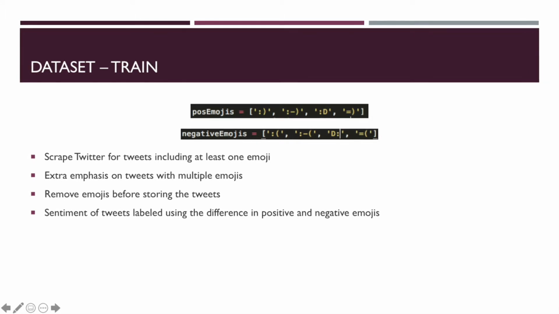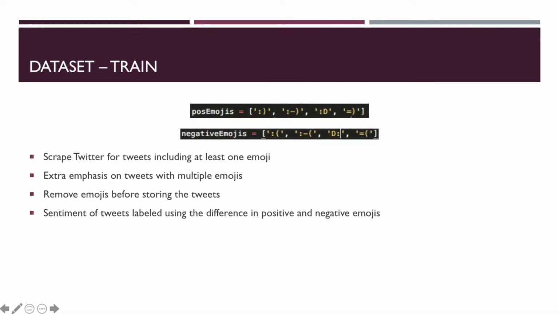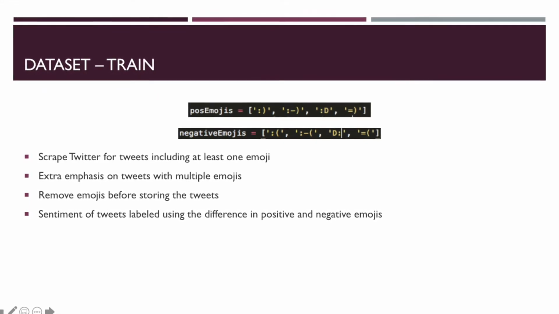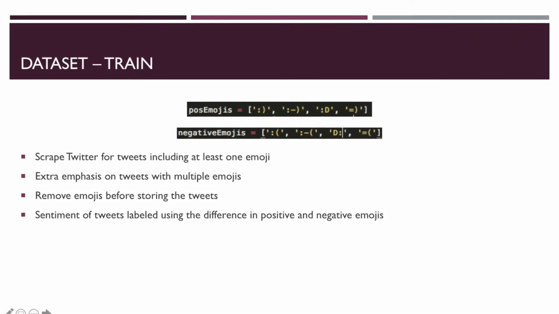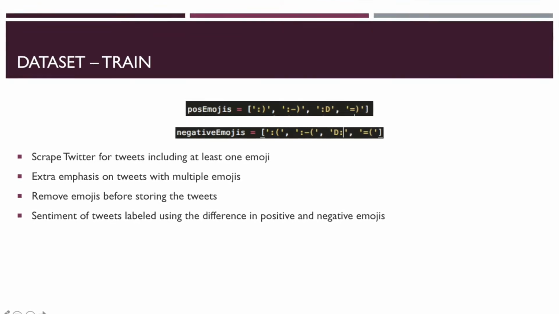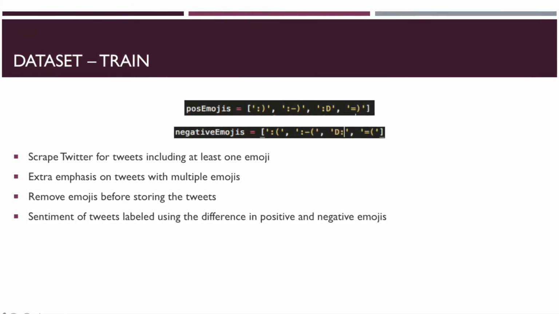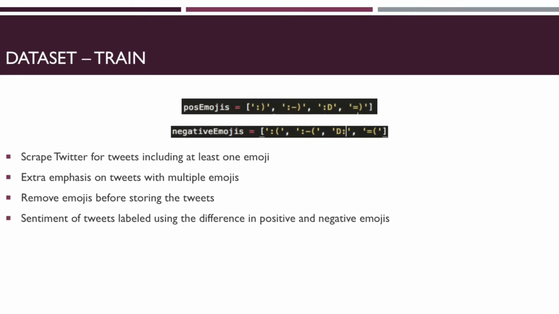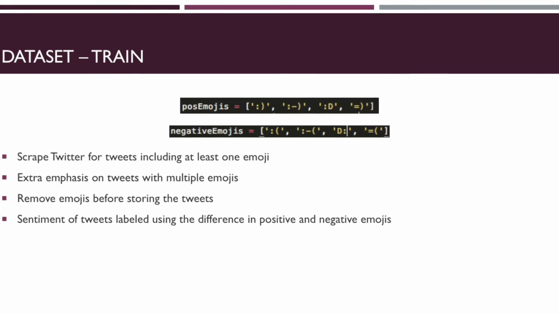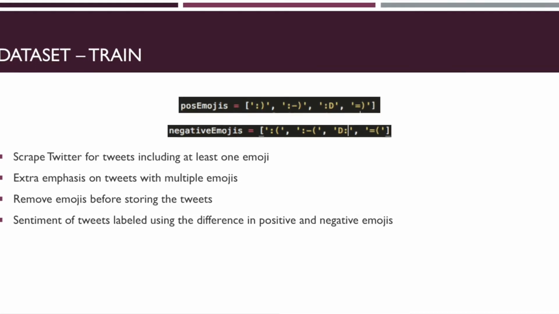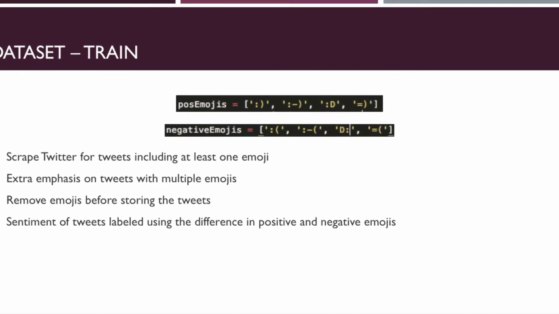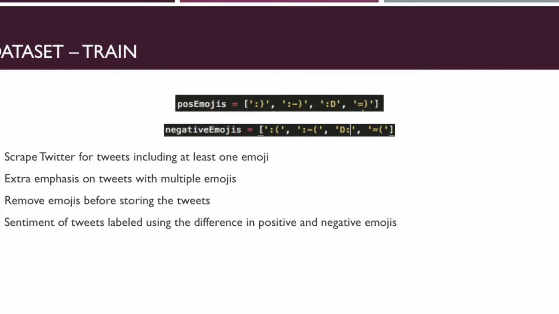I obtained the dataset for this project using the Twitter API to scrape tweets containing at least one positive or negative emoji. In order to obtain data relevant for extreme sentiment classification, this scraping technique put an extra emphasis on tweets with multiple emojis, allowing for combinations of positive and negative emojis. The pre-processing of the training tweets included normalization of the tokens, along with the removal of emojis entirely. The sentiment of these tweets was determined by the difference in counts of positive and negative emojis with a cap at a difference of 2, giving them scores ranging from -2 to 2.